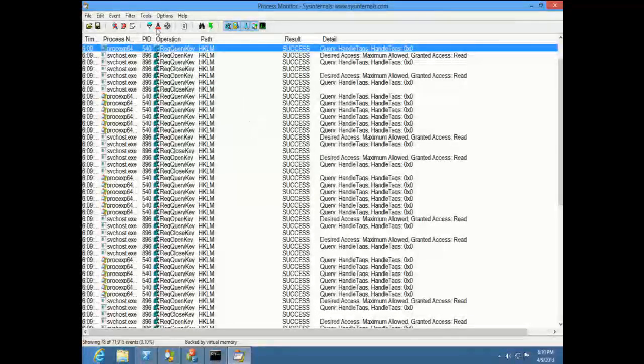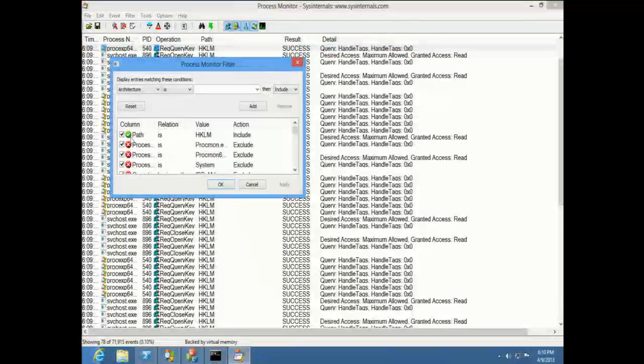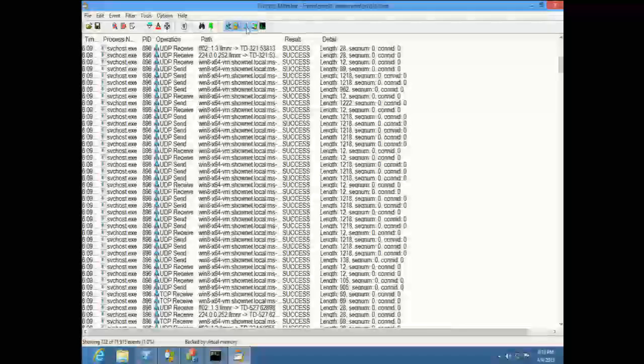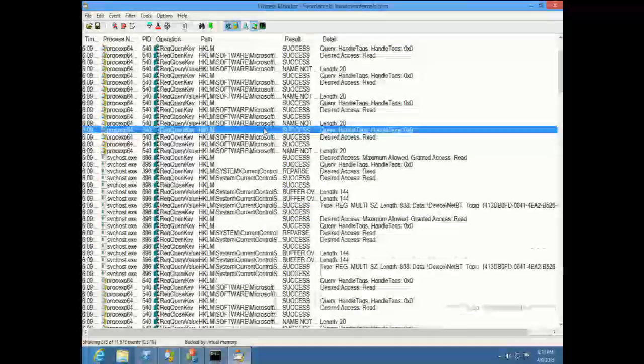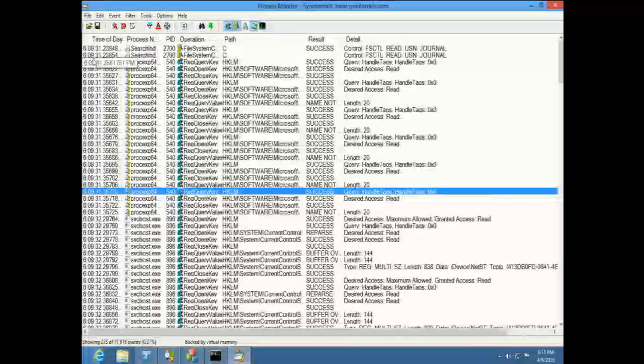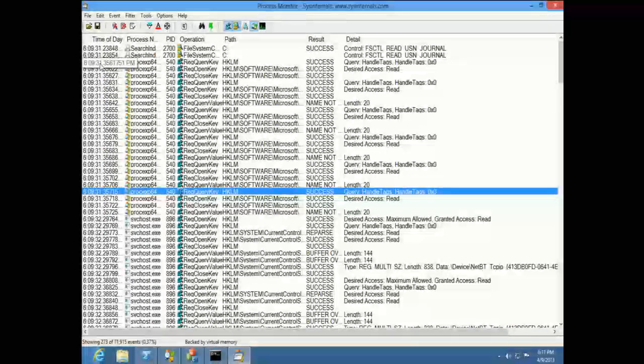But one of the really cool features is bookmarking. So it used to be that if you found a particular event of interest that didn't have anything really unique about it, but you knew that was the one you wanted, and you wanted to be able to navigate back to that quickly, it was kind of hard. Maybe you could select the time and do a highlight filter on the time, but that can conflict with other settings that you have.